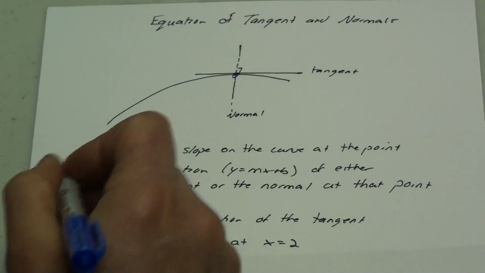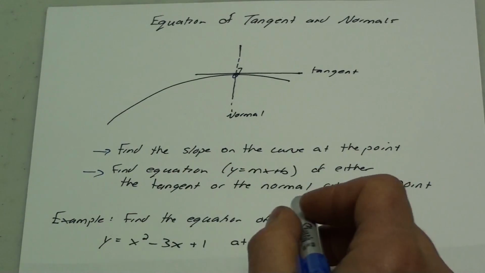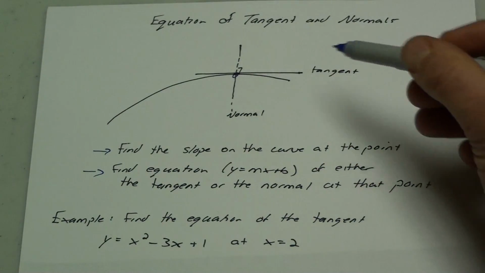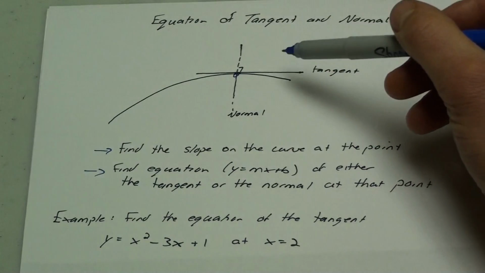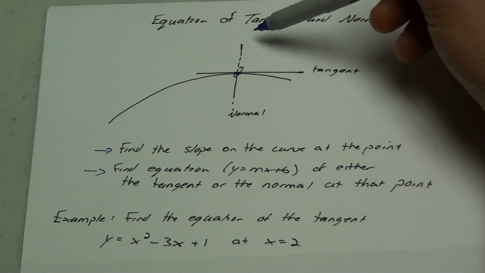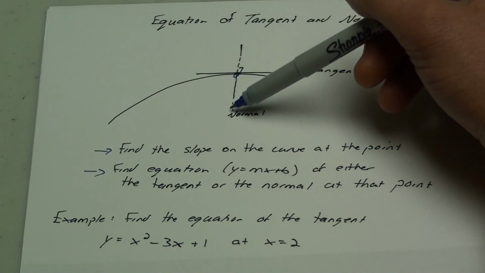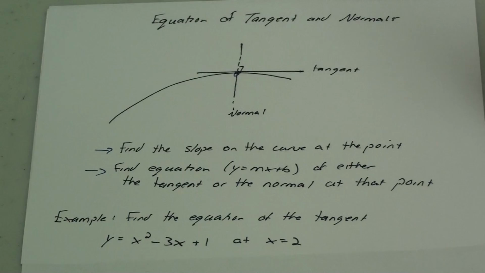And then we can find the equation, the y equals mx plus b equation of a line, of either the tangent or the normal, depending on what you're trying to find. You find the slope of the curve, you've therefore got the slope of the tangent. You'll also have that point to put in, and then if you want to find the normal, you just have to do the negative reciprocal of that